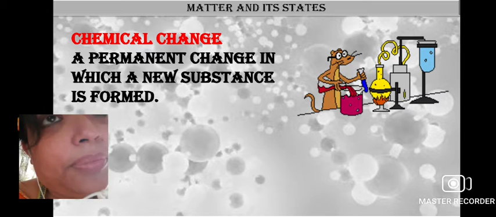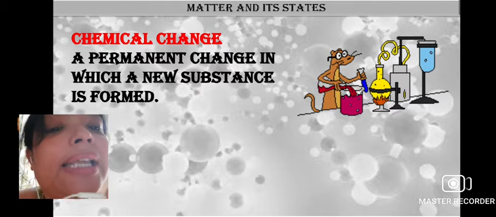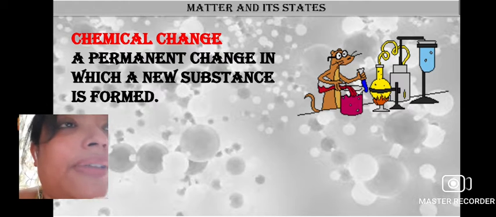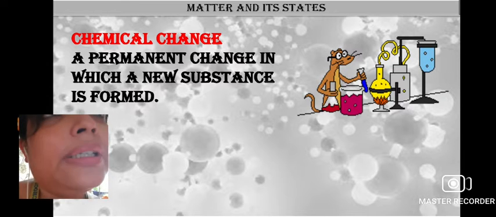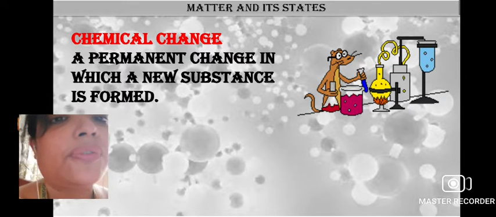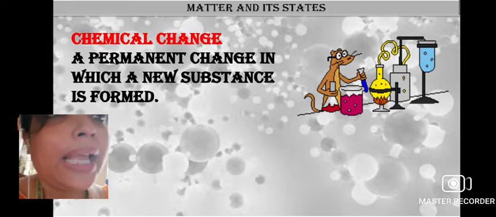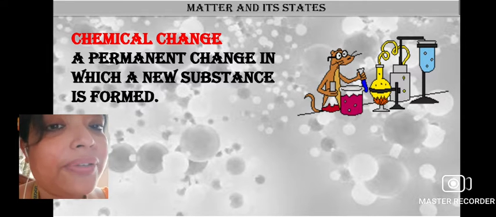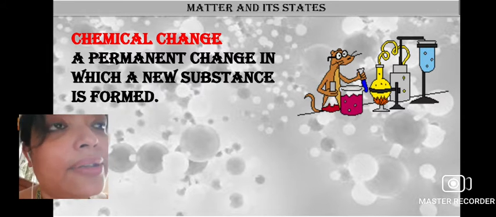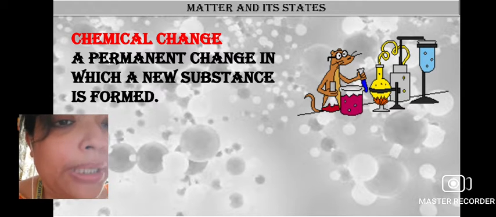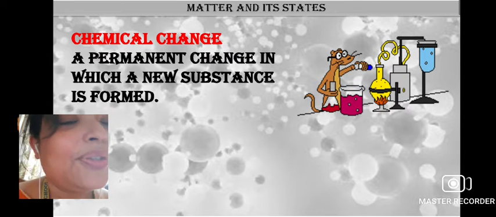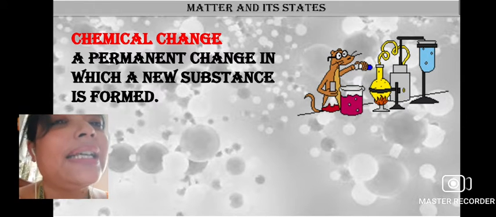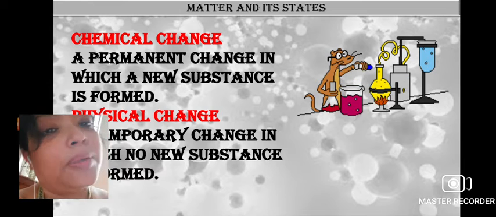But apart from this, suppose we are burning agarbatti. It's a very common example. Every house does this. We burn an agarbatti and keep it in front of God in the temple. After some time that agarbatti turns into ash. Now will it be possible to turn that ash back into agarbatti? It's not. So this is an example of a chemical change, which is permanent.